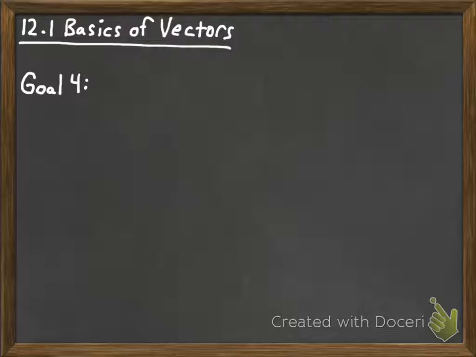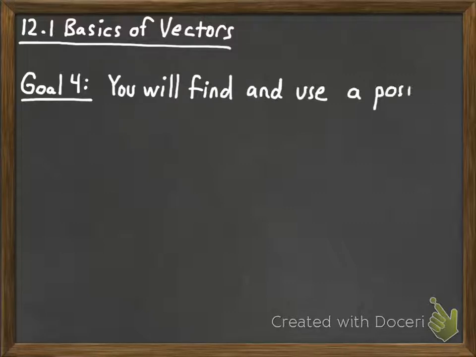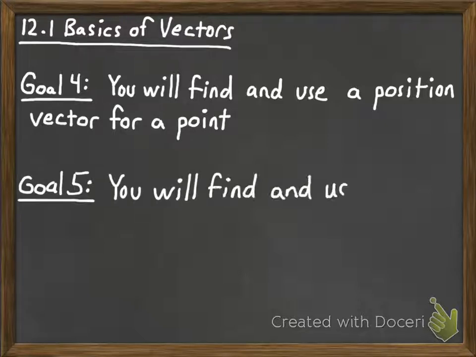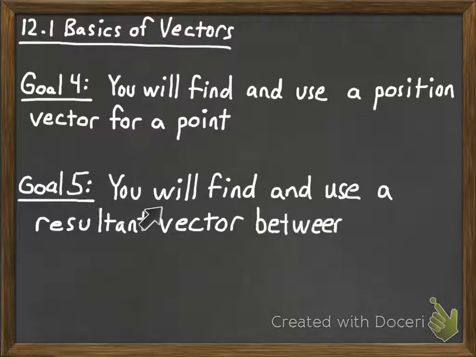Alright, well, we've got the basics of vectors going on still. Long section, I told you that in the first video for this section. And we're actually going to accomplish two goals here because they're both pretty simple. The first is that you're going to find and use a position vector for a point in the coordinate plane. And the second, which is the fifth overall for this section, is that you will find and use a resultant